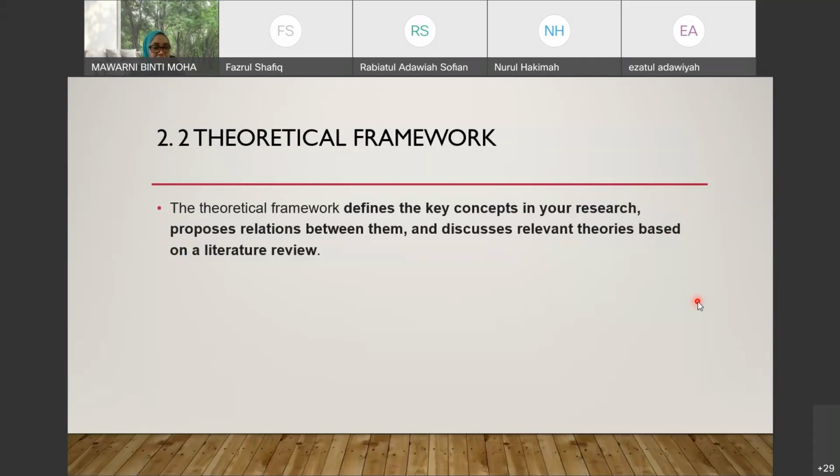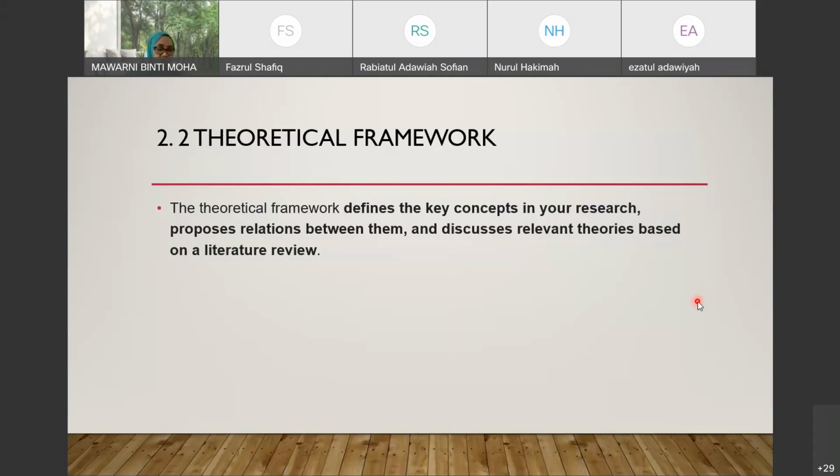So what are the theories in leadership styles and job satisfaction? Okay, so you have examples of theories in education. Mungkin you akan gunakan Piaget's theory of cognitive development, or as an example Kohlberg's theory of moral development, or Bowlby's attachment theory, or even Bandura's social learning theory. You know these names, Bandura and all, right? Okay, so you have that one particular framework ataupun models. So you can use one or two and connect them all together in your research about leadership style, principals' leadership style and teachers' job performance, for example. I'm just giving an example there.